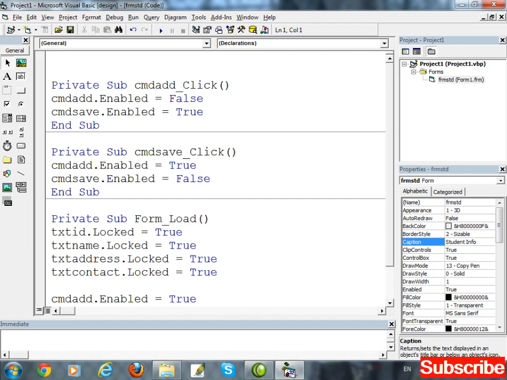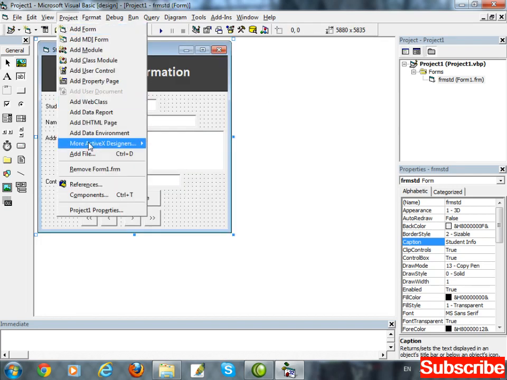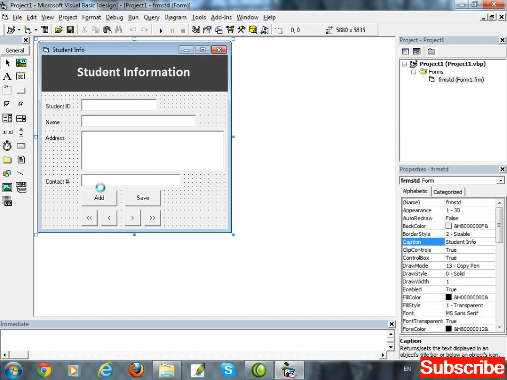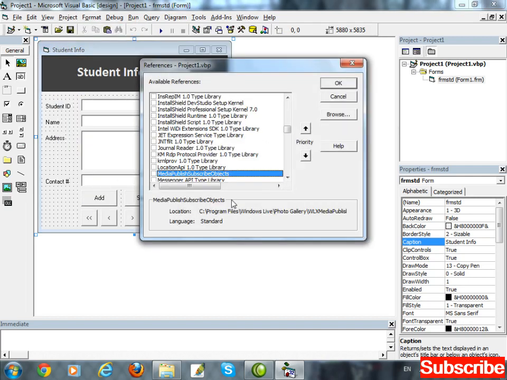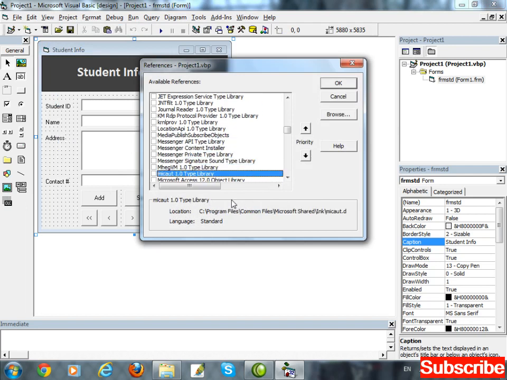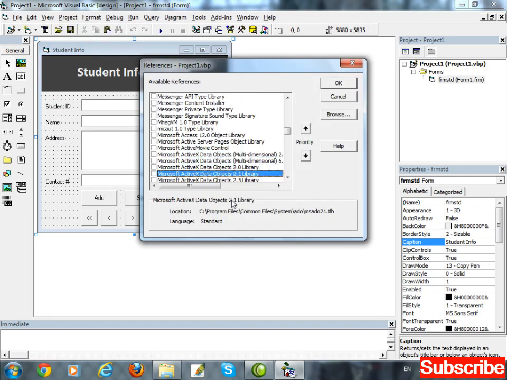Go to the design view. From project menu, select references. Press M, Microsoft. Here we are going to select the Microsoft ActiveX Data Objects 2.0 library. This is the library of some properties. Using this library, we can create the connection, a variable for connection and a variable for record set also. So check on this and OK.